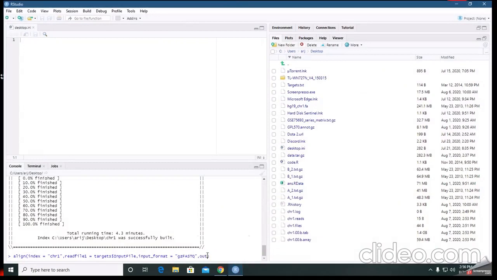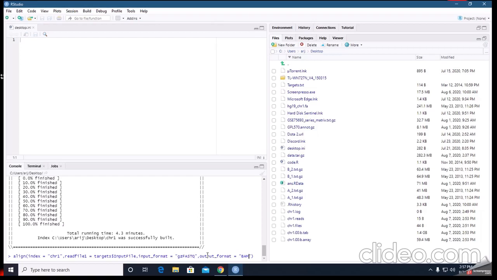Now what is the output format? We want output in BAM. BAM is basically the binary version of the SAM file.